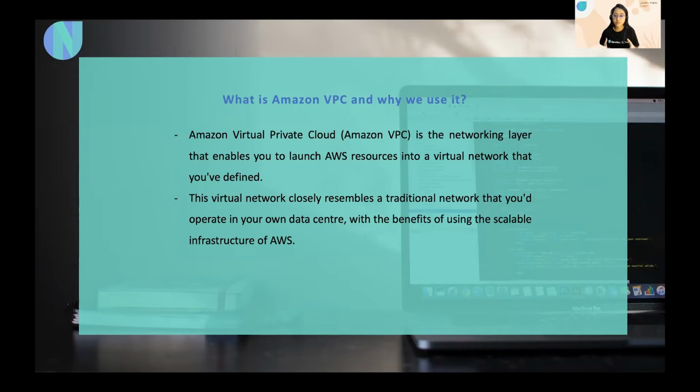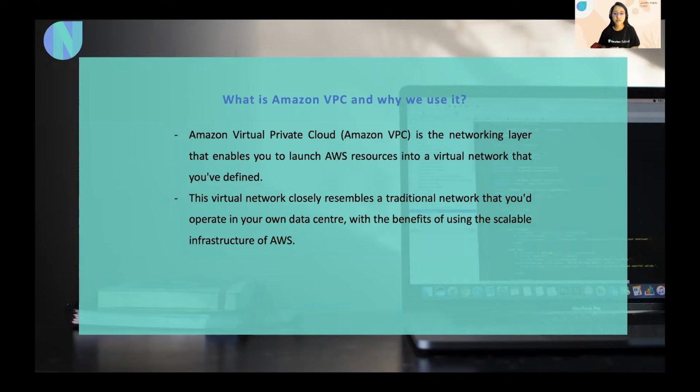Now, as I explained in my previous videos, currently organizations are moving to the cloud technology so that they don't have to build the data centers on their own. Rather, they would go to the cloud service provider like AWS and use their resources. In order to do that, organizations would need an isolated network where they could reside their resources and no one could access those resources unless they allow them, right?